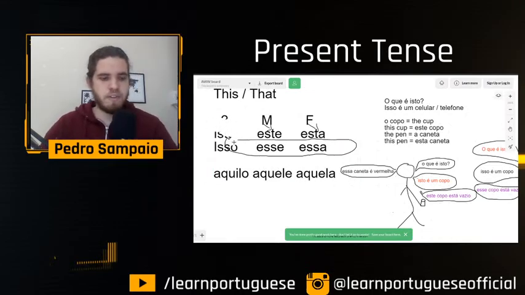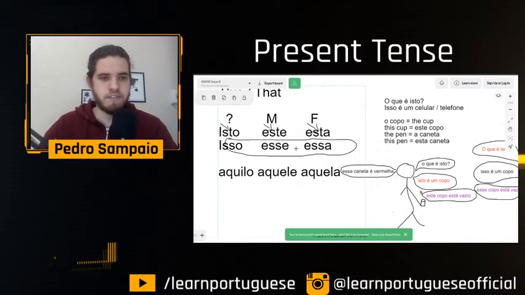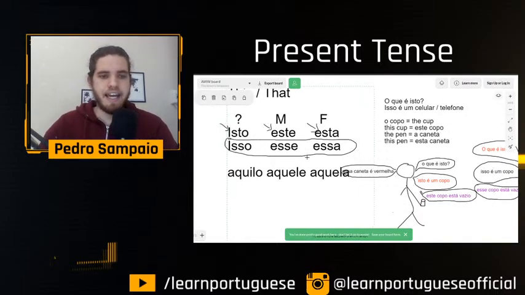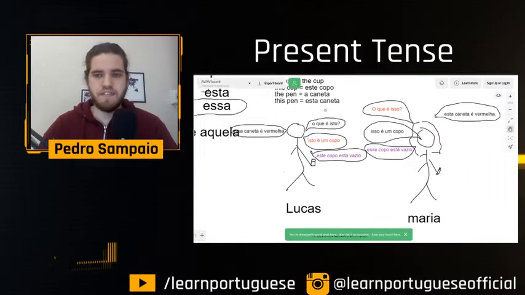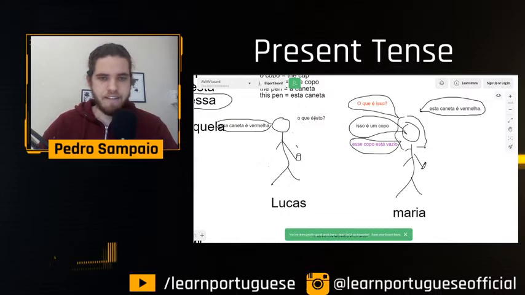So basically, that's it. Let's move this a little over here. Okay. And aquilo, aquele, aquela, these three on the last row. Of course, if the object is far from everybody. Let's say again,